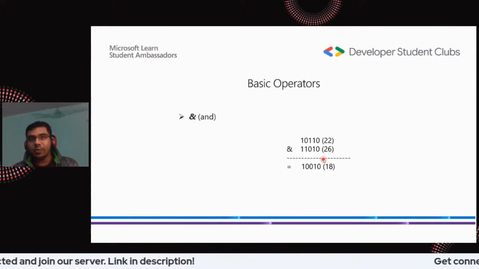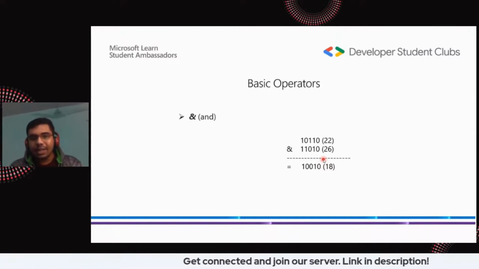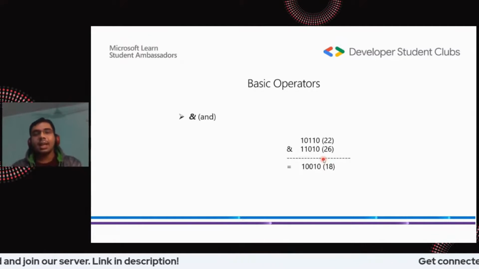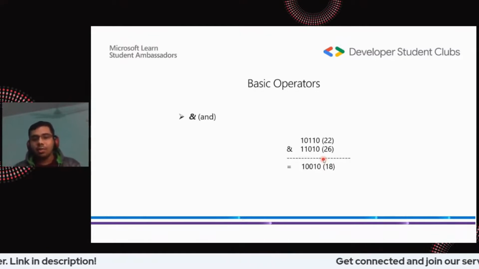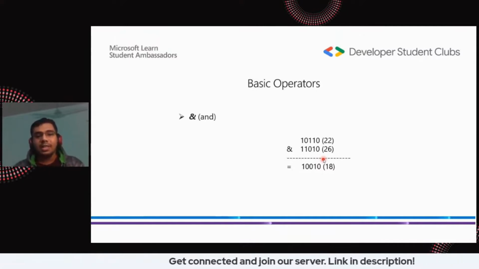Even so, remember, there is a problem with the digit 0. If the number in decimal is 0, then also the last bit is 0. So that's the problem we have. But otherwise, for all the positive even numbers from 2 till infinity, the last bit will be 0.